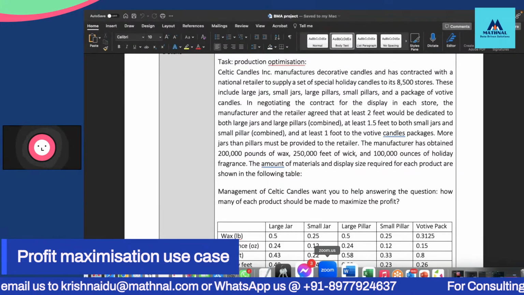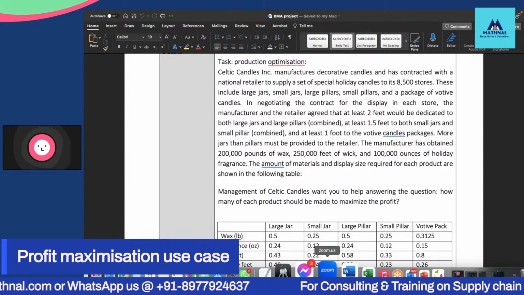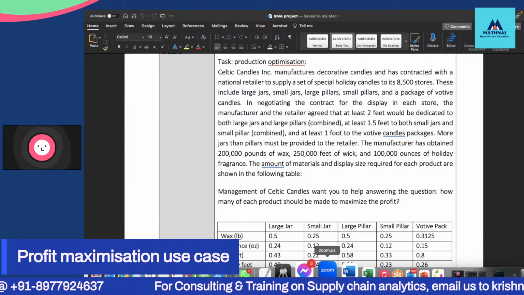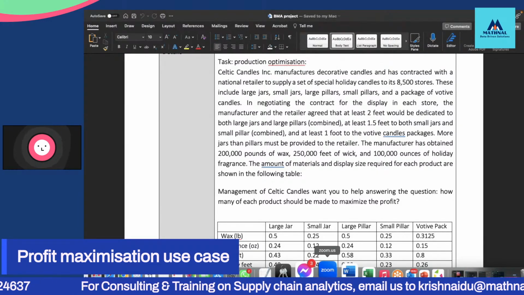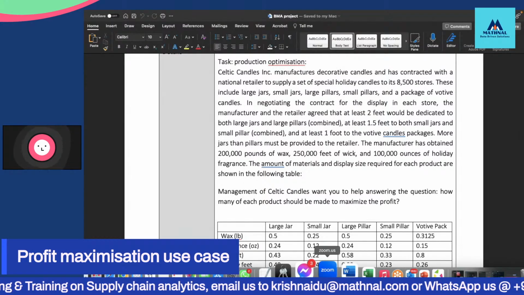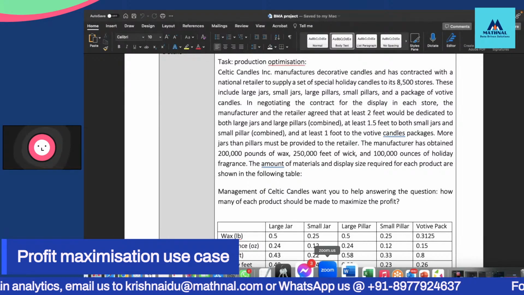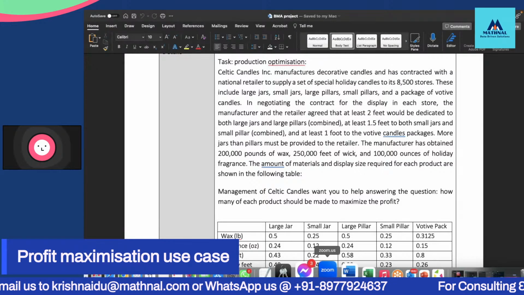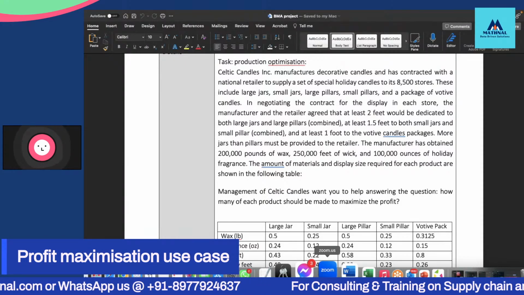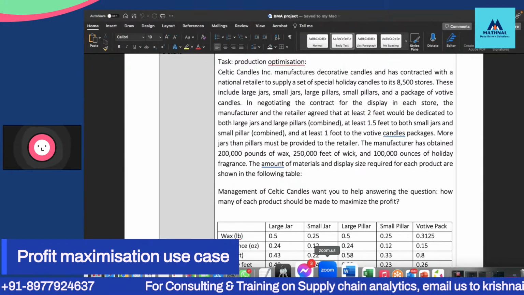If you are keeping goods in semi-finished or finished stages, it means you are keeping yourself ready to deliver the products as soon as you get the order from the customers. So that is make to stock. But before you start your make to stock strategy, you need to follow your demand plan, and the demand plan comes from the forecast, right? So from the demand plan, you're going to derive your production plan strategy.